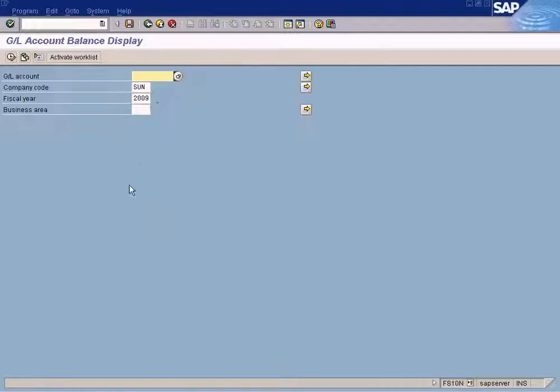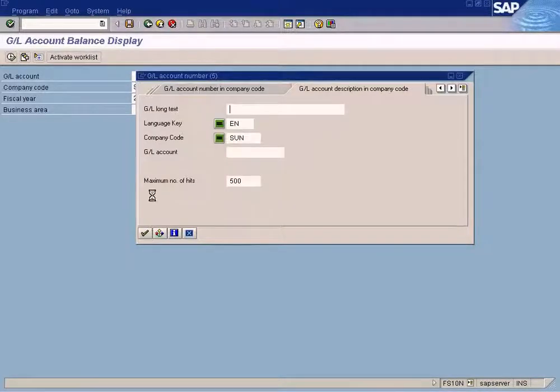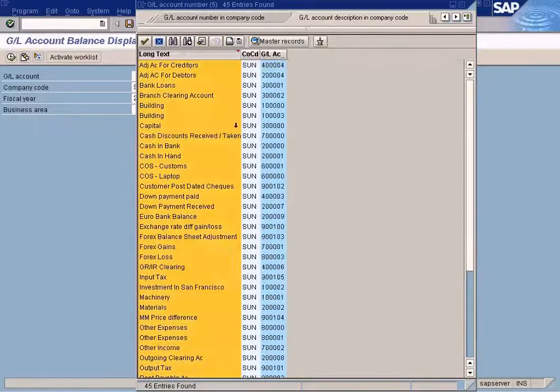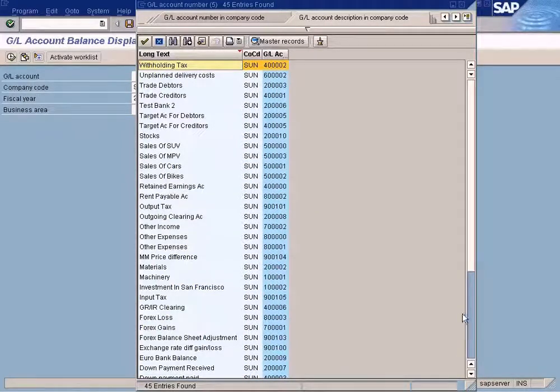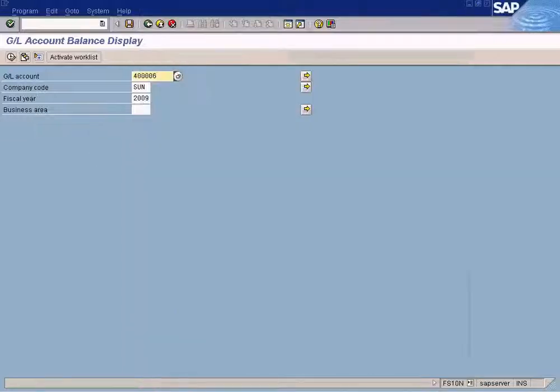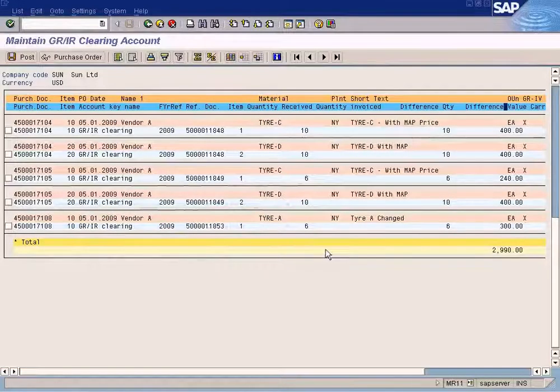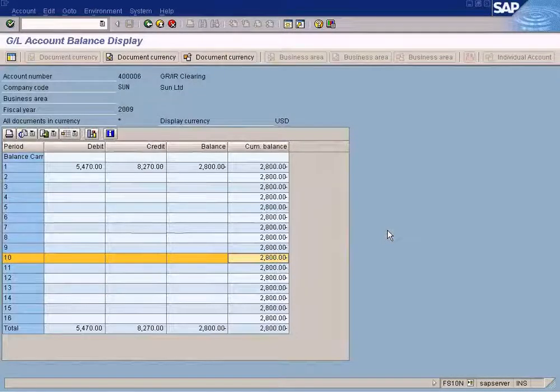Go to account, pay balances, choose our GRIR clearing account. And look at that balance. $2990 is